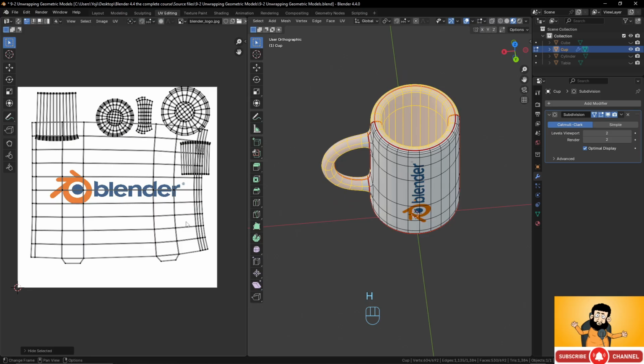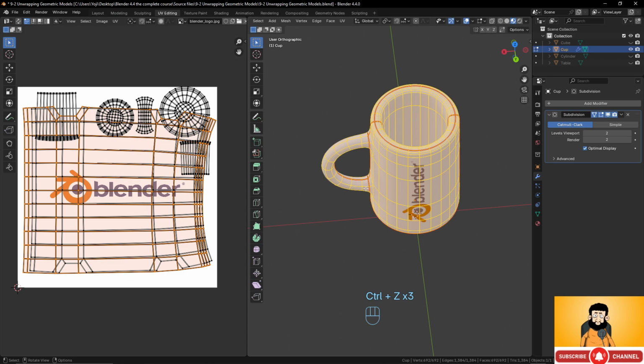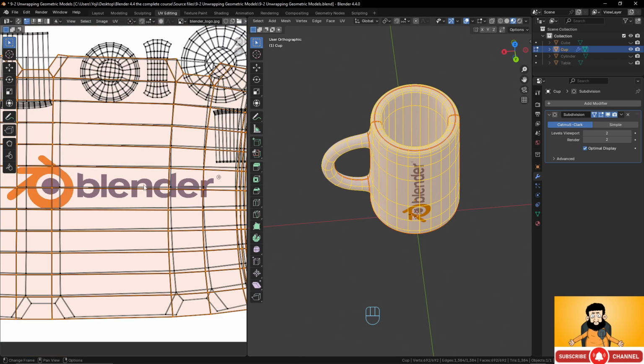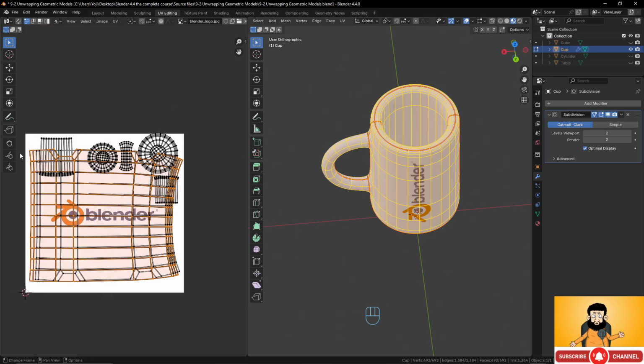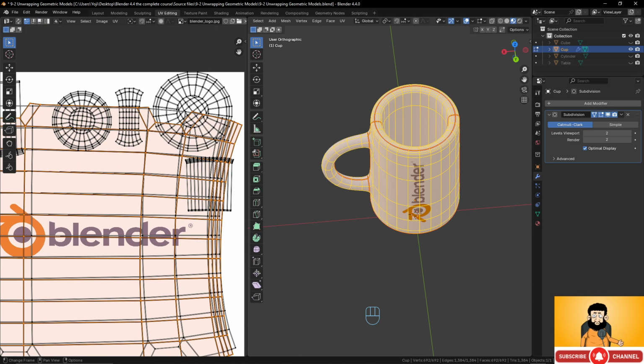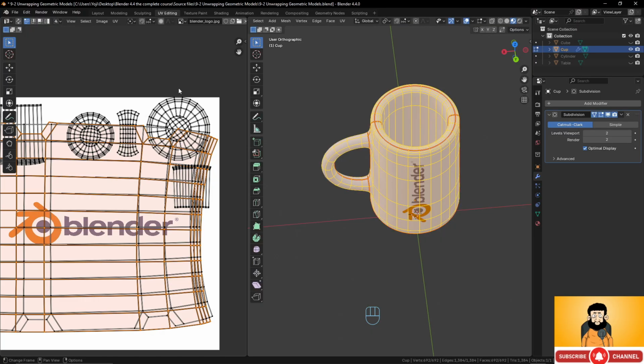You can hide maybe that part, and no, we'll not hide this. But what is good to understand is that you have the blue information here, the orange information here, and I could paint in whatever image editor, or even in Blender, for example, paint a part here like a dark part,